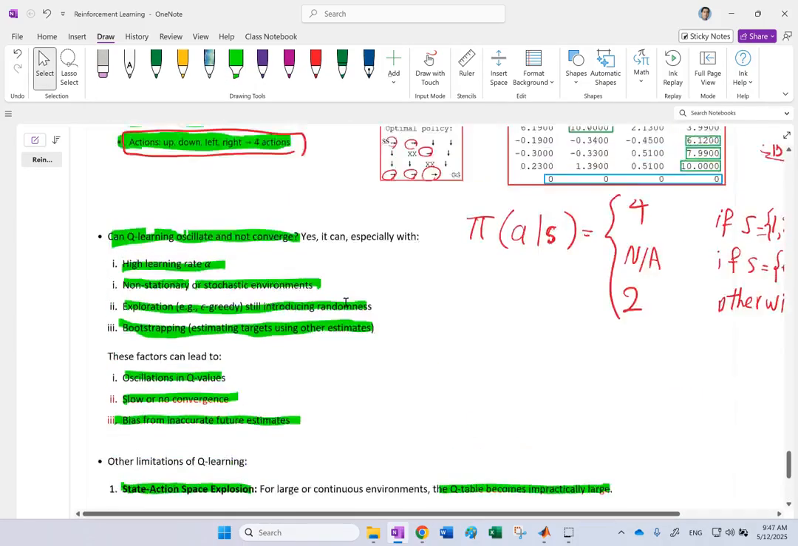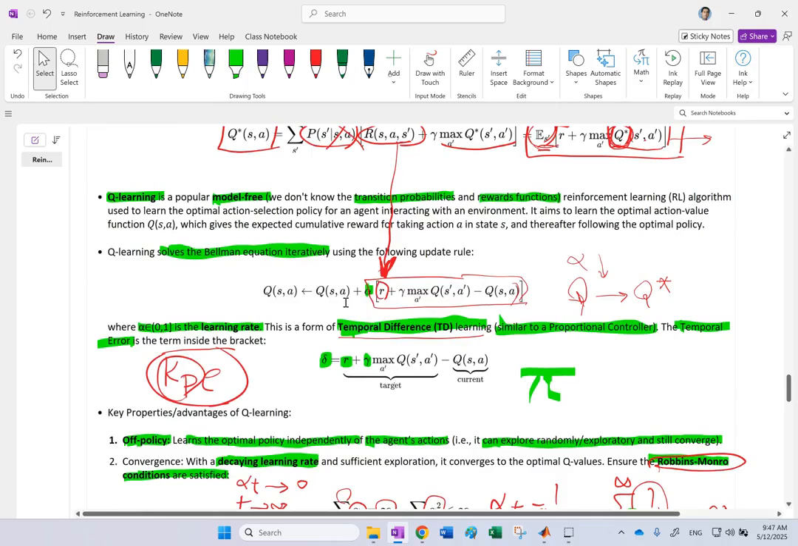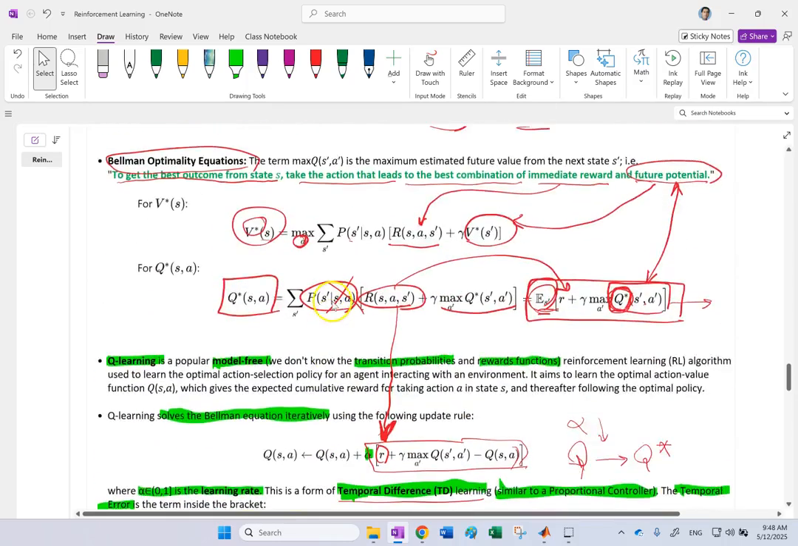Okay, so it has been used, although very simple, but it has been used, and the goal is in future videos, I'll show you more advanced techniques